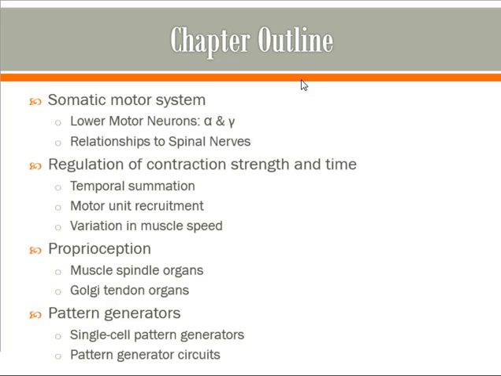We are then also going to get into proprioception, which directly ties into that somatosensory chapter, but I said we're going to put that off until later. This is later. So we're going to talk about how proprioception works, as well as two of the main proprioceptive organs that we use as examples. And then finally we'll talk about pattern generators, which will harken back to some of the stuff we did with the sea slugs, but it'll help us better understand how we're able to generate repetitive motor patterns at the level of the spinal cord without direct input from the brain.